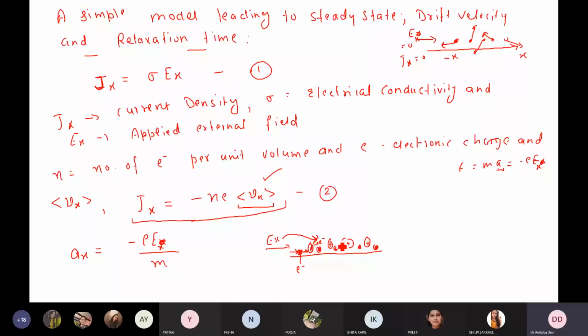Again an inelastic collision will occur and the velocity will decrease, but after some fraction of a second the velocity will again start increasing due to the applied external field, and this process will continue. Suppose the probability of an electron to collide with the lattice during a small time interval dt